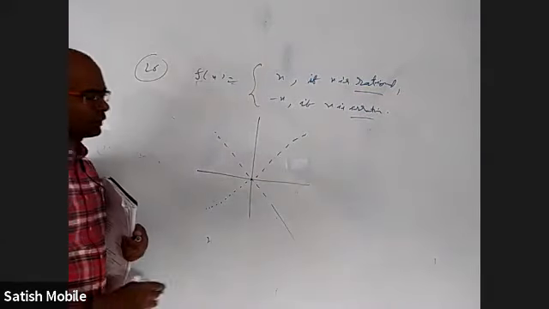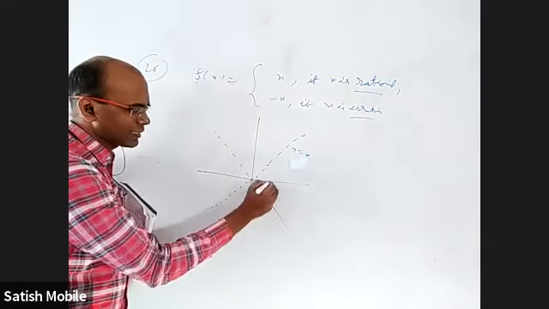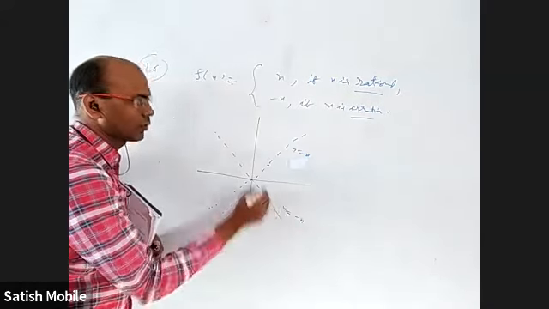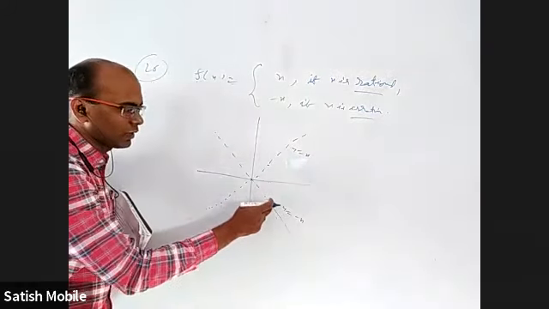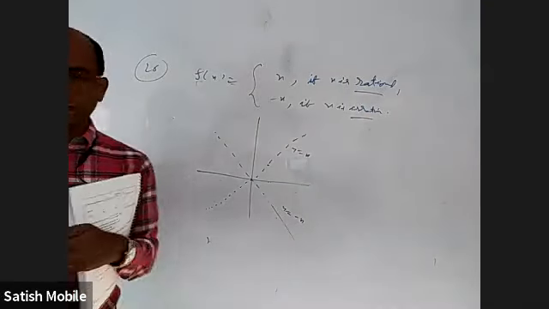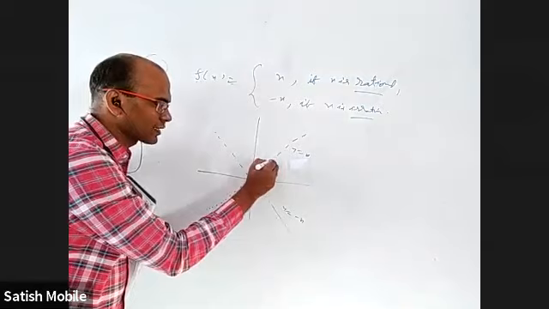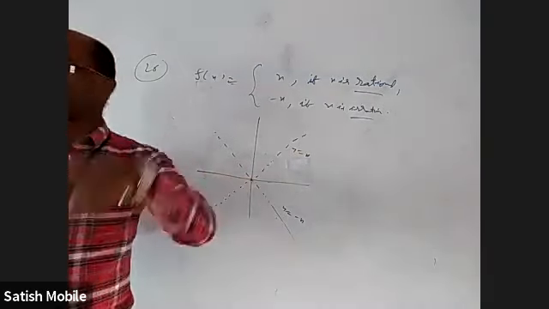What does it mean? When x is rational, I have to put a dot in y equal to x line. When x is irrational, I have to put a dot in y equal to minus x line. Whenever there is a dot here, below that there will not be a dot. Whenever there is a dot here, above that there is no dot. But to strictly speak, if you take any two dots here, very close, if you zoom in, between those two dots, you'll find infinite dots.